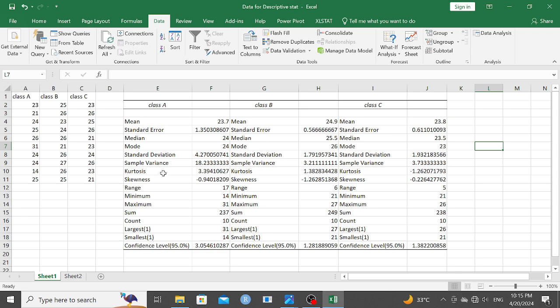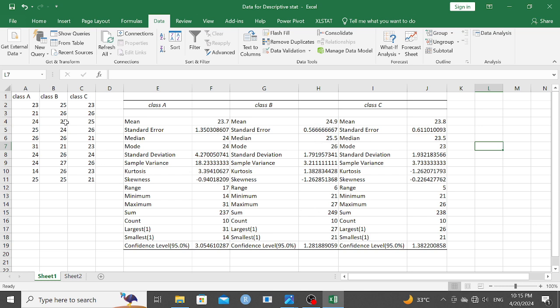And if you pick the other ones, standard deviation 4.27, you can see 18.2. So the variance here is high, 18.23. It means the values here, if you go and check, for A we have 21. The range here is 17. No wonder we have a sample variance of 18.23. So the variation here is too high. The variation here is low, 3.2. Here is 3.7. So if I talk about dispersion also, this is the best